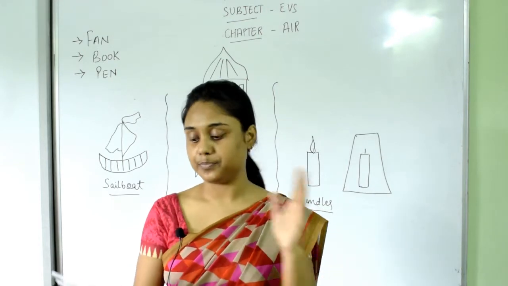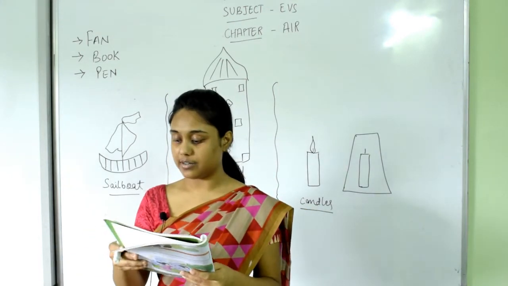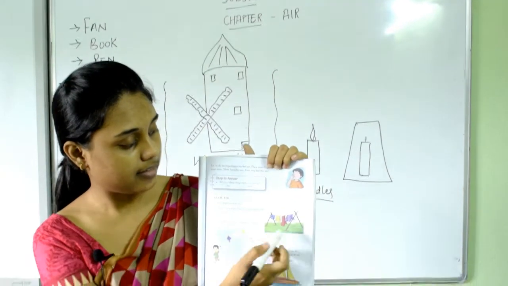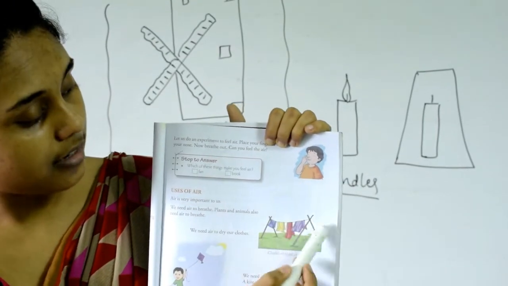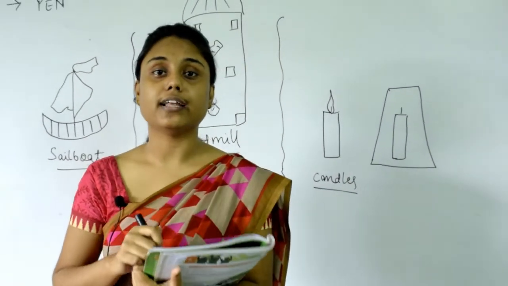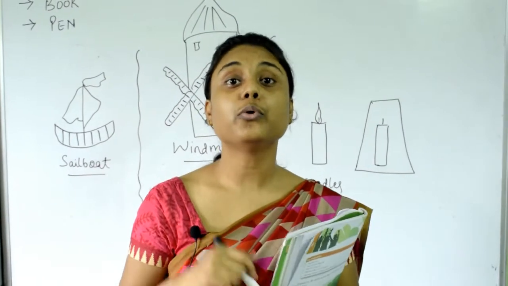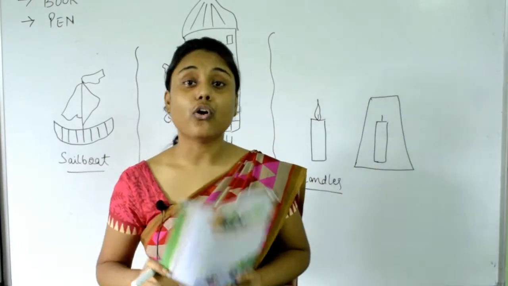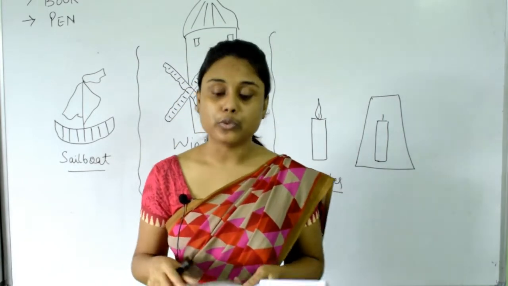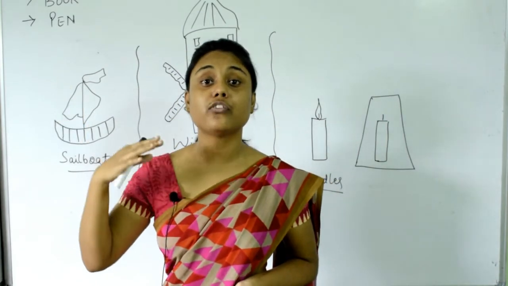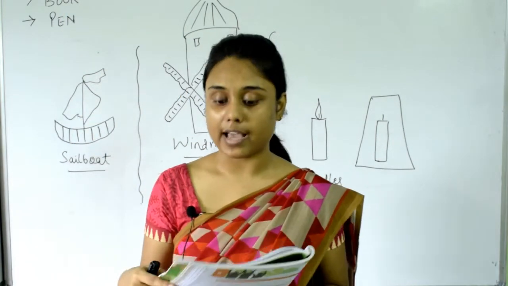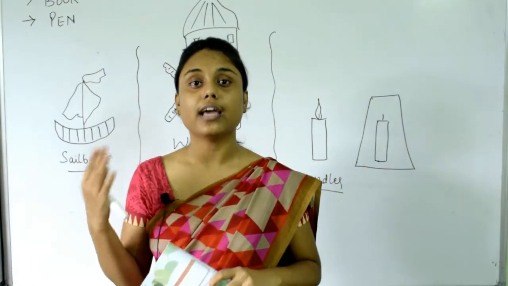Therefore, they need air. And in this picture on page number 59, clothes are hanging. Here there is a line, clothes are hanging. They are washed clothes. These need to be dried, and we dry our washed clothes through air. And we also need air to play with a kite and a balloon. Balloon and kite also fly because of air. We fly a kite, right? So we need air to fly them, and to fly a balloon we also need air.